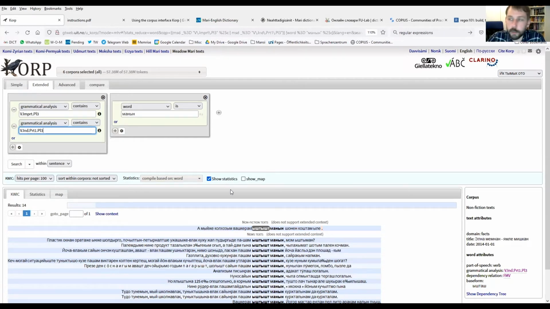It's basically that the rules are oriented on the most common outcomes. So if you're looking at some marginal phenomena, you're more likely to encounter incorrect disambiguation. So we can say, we're now looking for not just ishtish, but any verb in the third person plural, either with the imperative or with the first past tense in the third person plural. And if we search this,